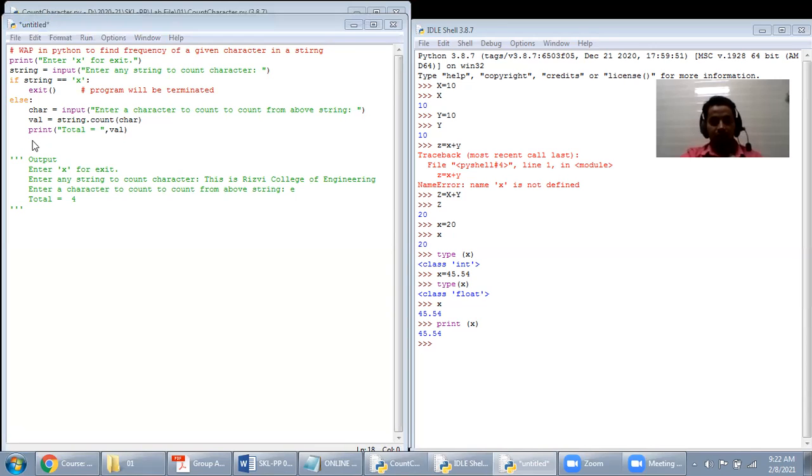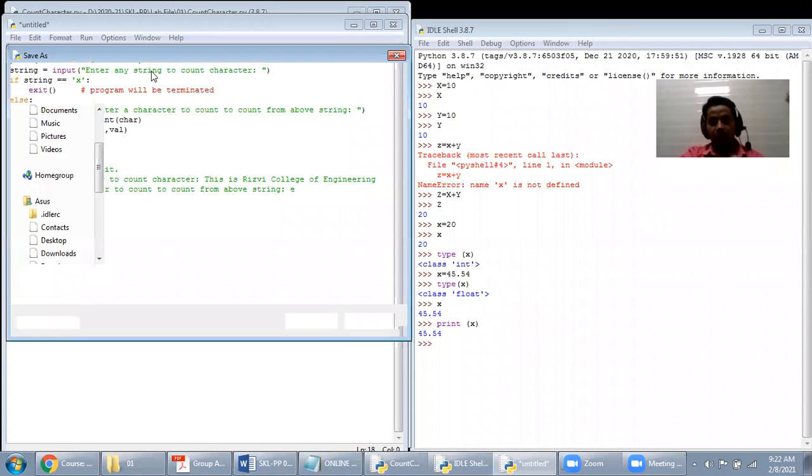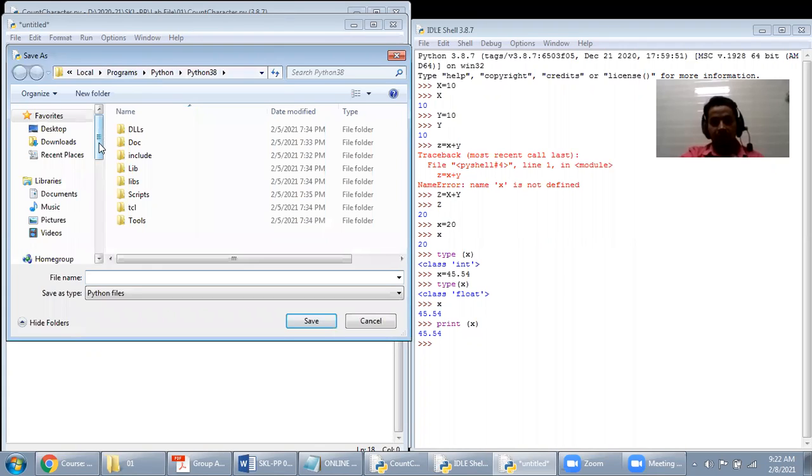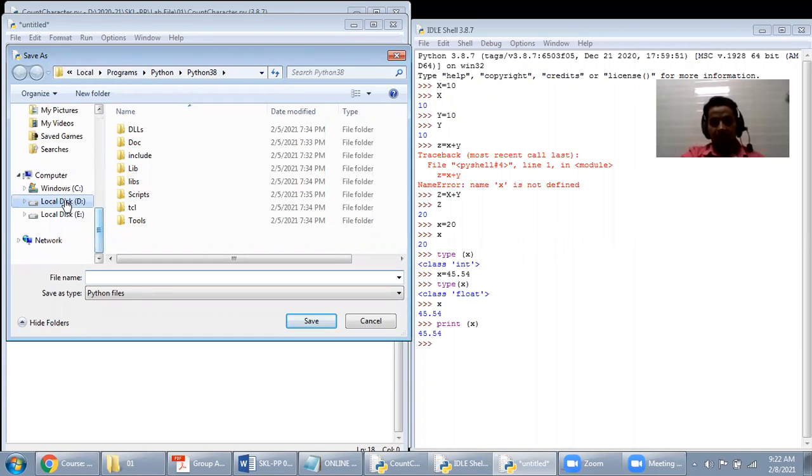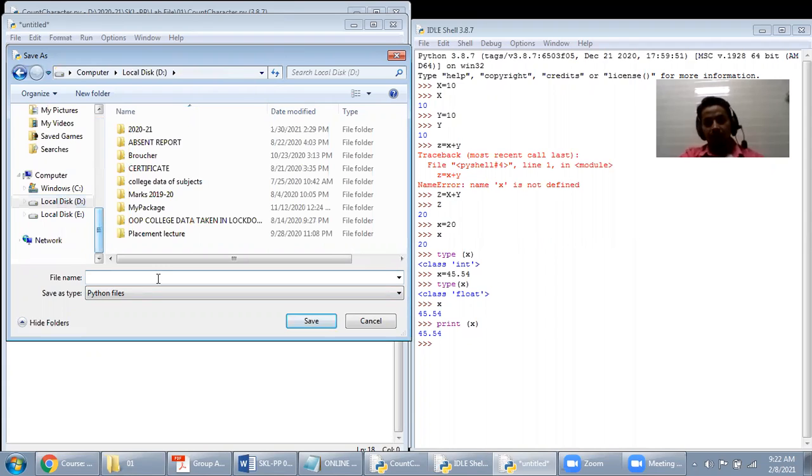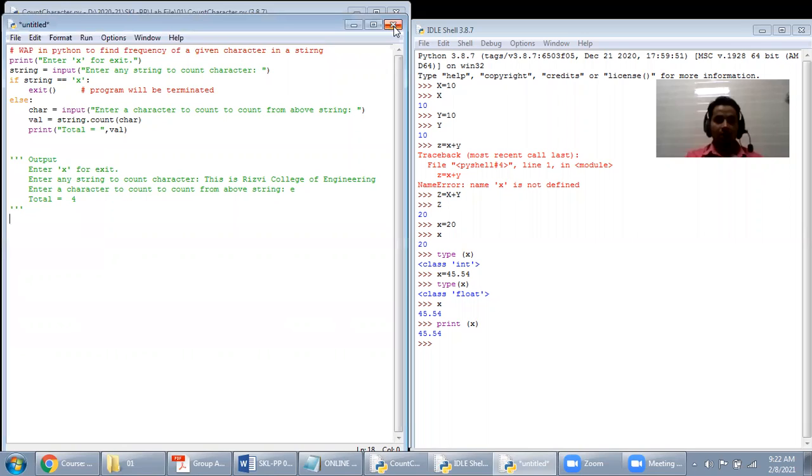Whenever you want to save your Java program, the similar procedure is that you select a folder where you want to save your program or file. For example, if you want to save it in the D drive, go ahead with the D drive, and then write down your file name with .py. For example, p1.py, and then Save As. You can save your file to a particular location. So here you have understood how the file is to be saved.